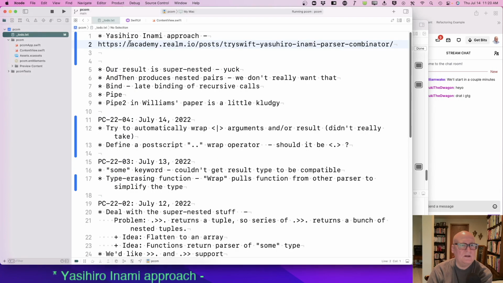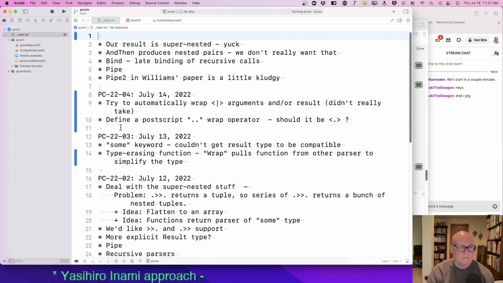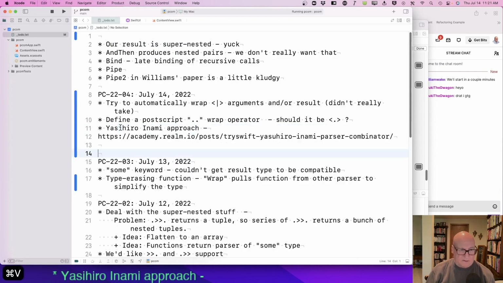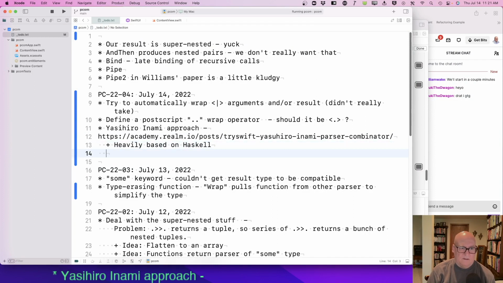Right. So, let's see. That's today's, and my interpretation of this is heavily based on Haskell.